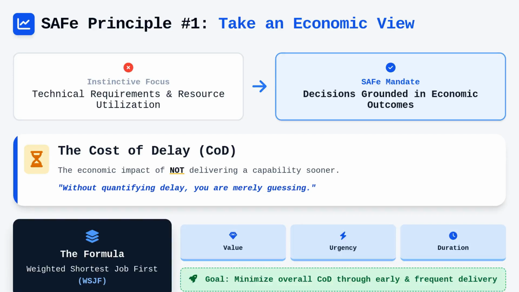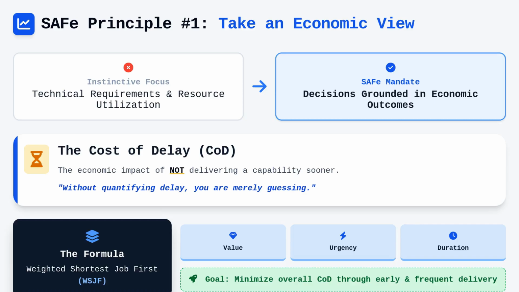When you prioritize a backlog, you must weigh the value, the urgency, and the task duration to decide what moves to the top of the queue. If you do not quantify the impact of delay, you are merely guessing, which is a poor strategy for any high-stakes development environment. By prioritizing based on the shortest weighted job first, you effectively minimize the overall cost of delay